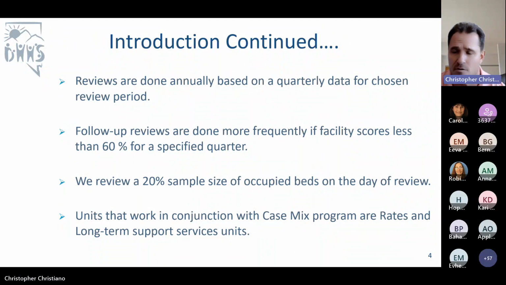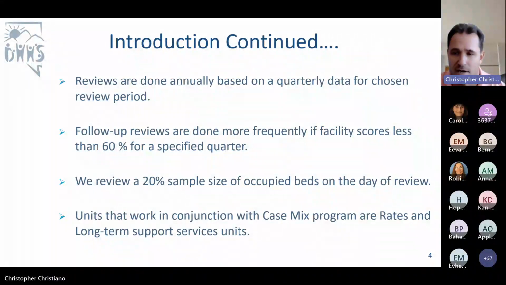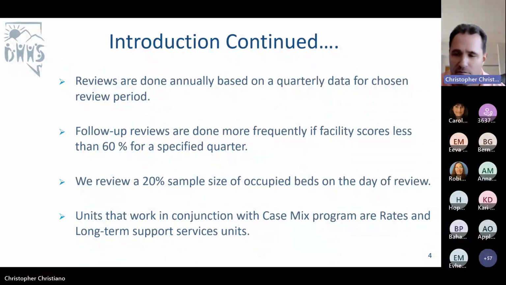We can also review closed records if the residents selected for our review have been discharged, and our reviews are not limited to Medicaid patients as a sole payer source. The reviews typically consist of 4 primary components: the MDS coding verification review, provider training that's conducted during the review and after the review, and then also another component of our review process